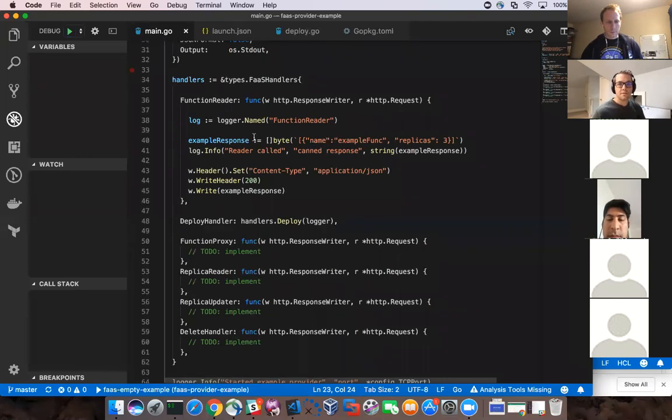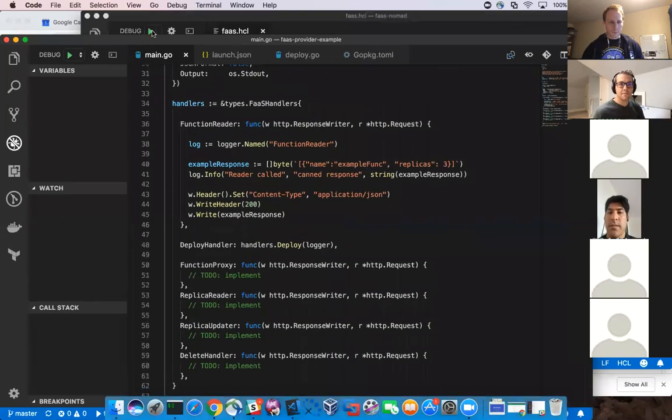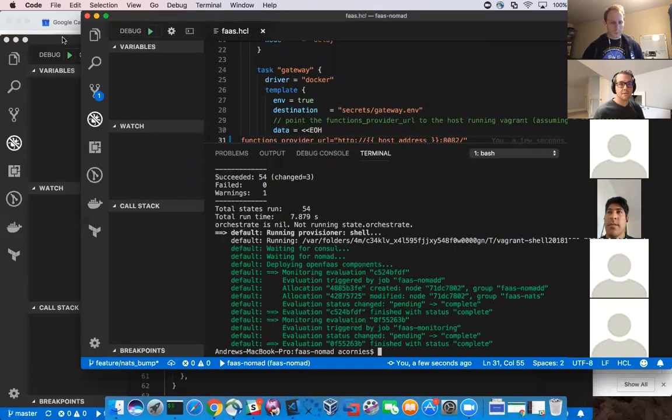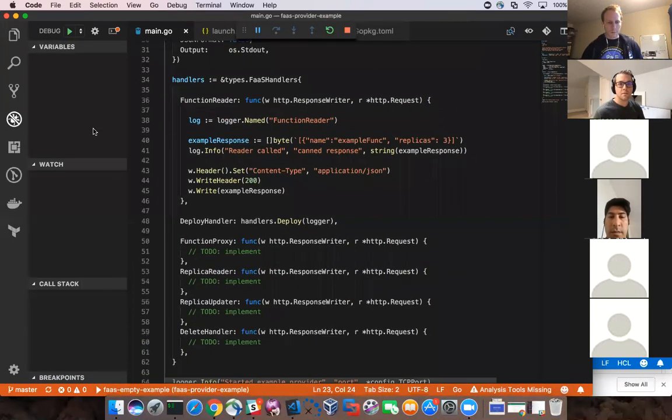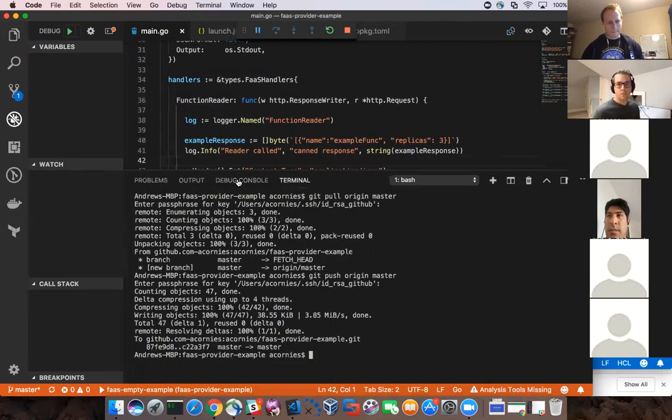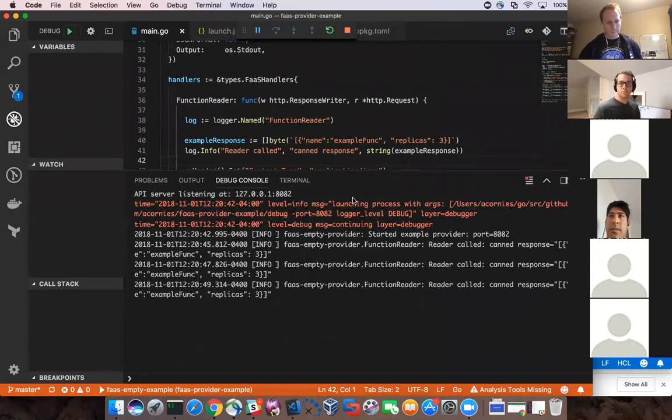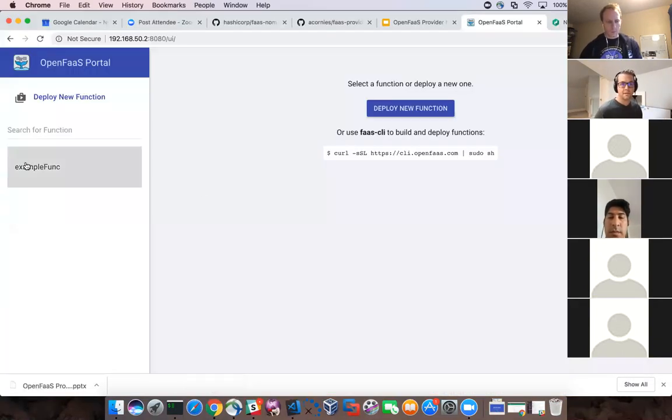And we'll do that one, and we'll also go through and debug the deploy one too. So let's just make sure that, okay, that one should be ready to go. So let's debug this guy. Okay, it looks like it's calling, so that's good. But let's go to the UI just to see.